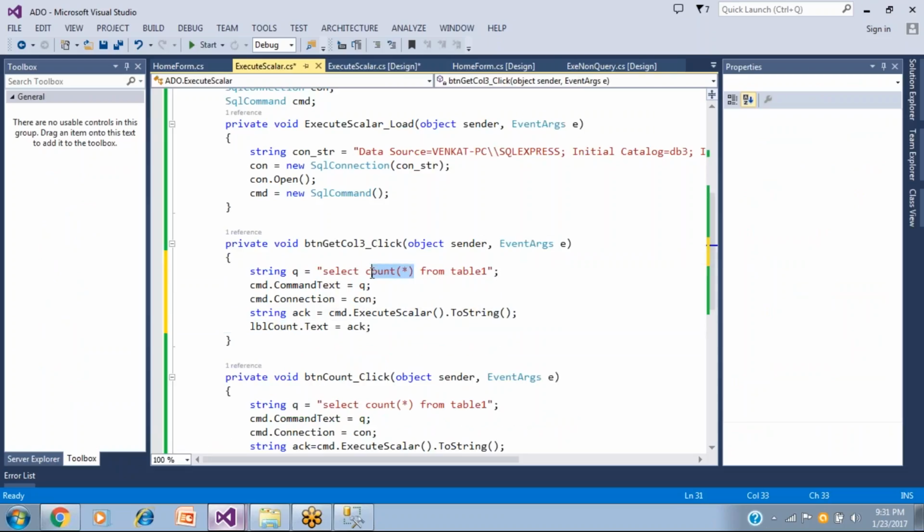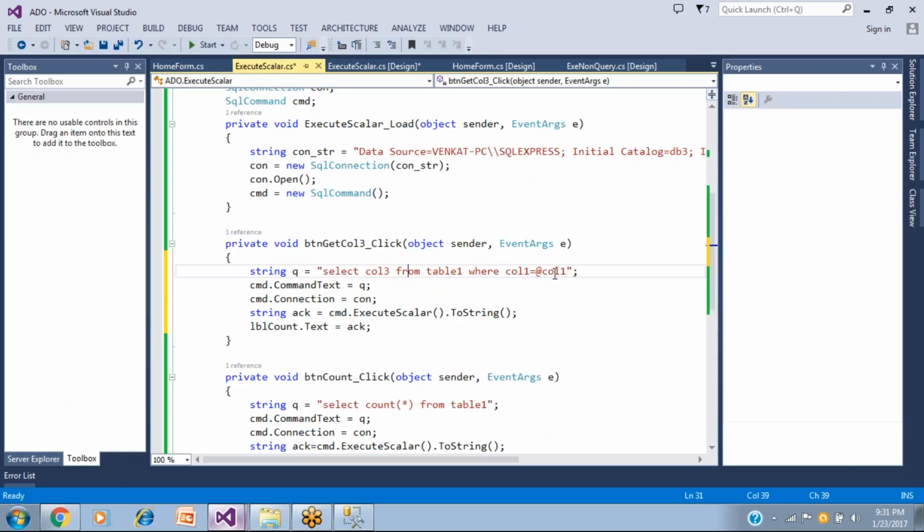So the command that I want to write over here is select col 3 from table 1, where I want to take the value of column 3 whose column 1 is @col1, a parameter I have attached. Now we need parameterization again.